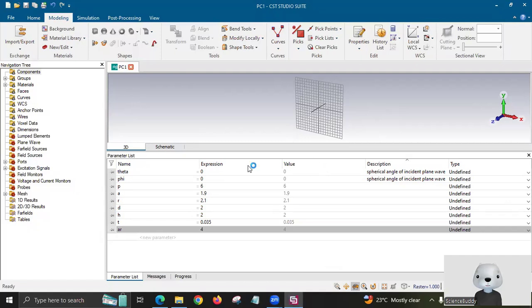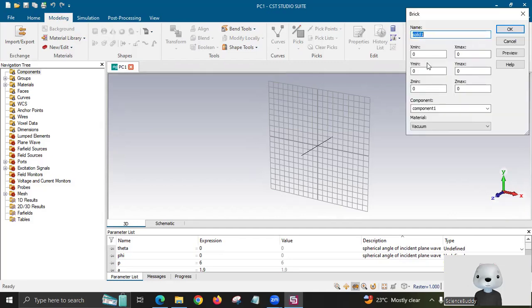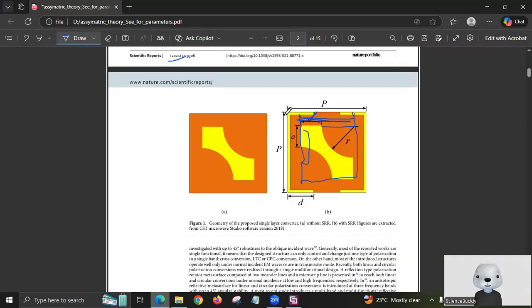So we have saved the design. Now we will start drawing. So at first we will build the ground. Let us name it ground. So ground will be, the dimensions of ground is P,